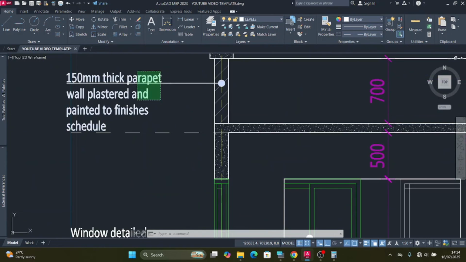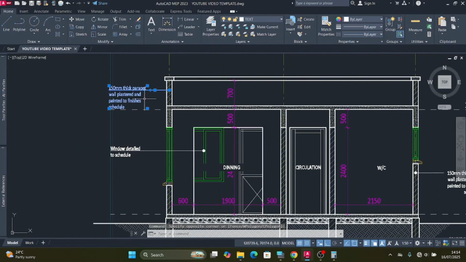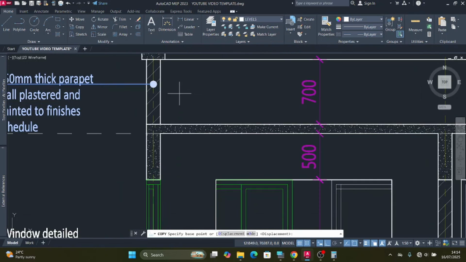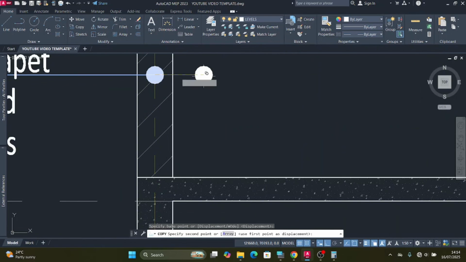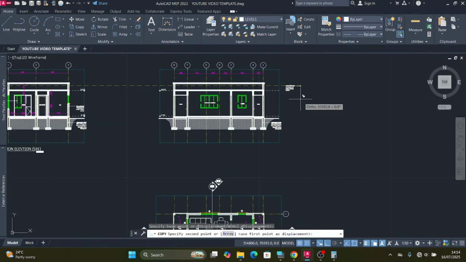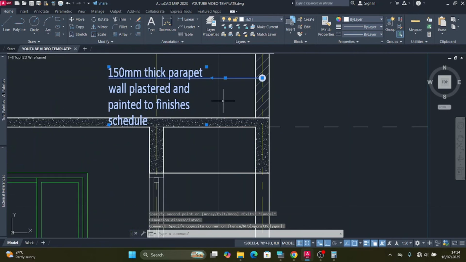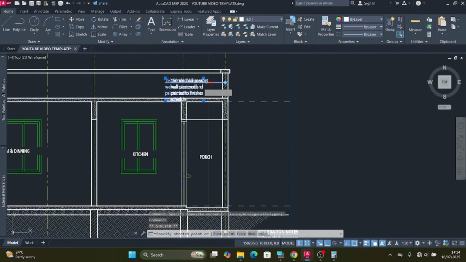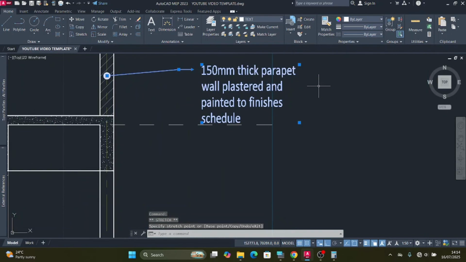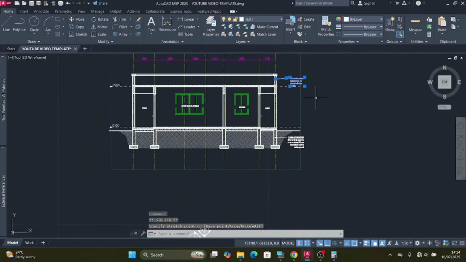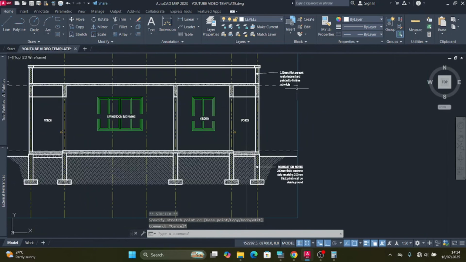So I'll click at this text, click at the copy command, transfer it here, select it, like that. All right, so next I'll press escape, then